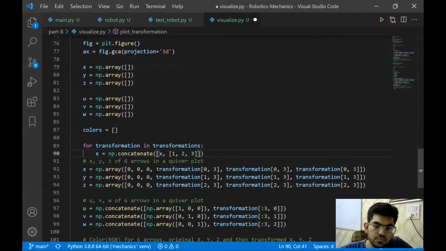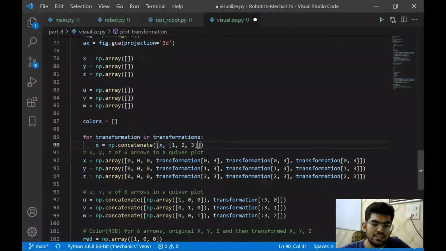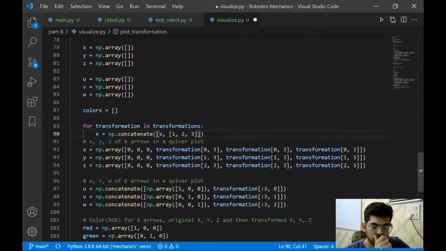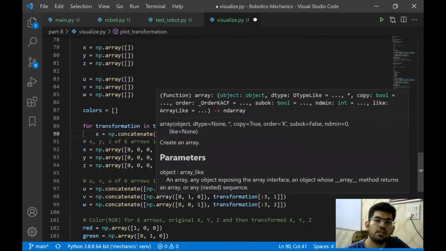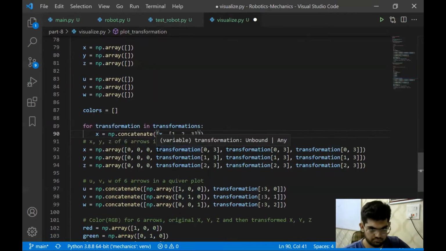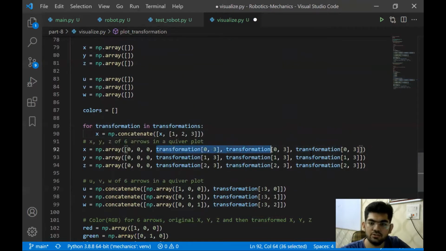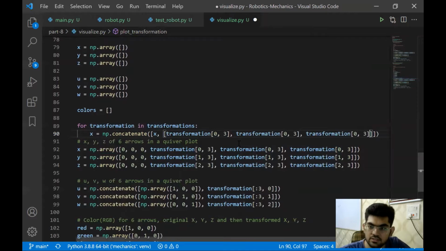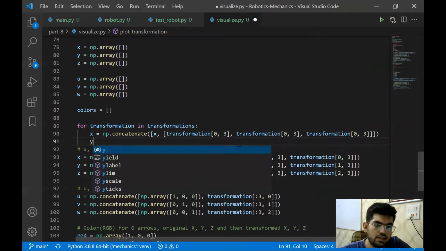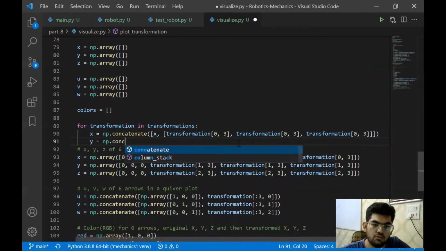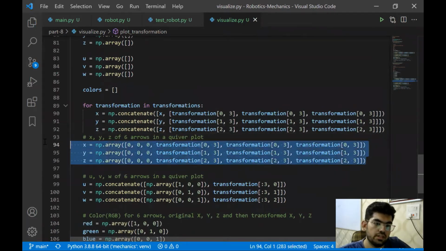All right, similar to what we have done previously, for each frame we are going to have 3 arrows. Therefore, we need to copy all this information 3 times, at least in X, Y, and Z. UVW is going to be a little separate, but here we need to put a single value in there 3 times. Right, so it looks right. And we're going to do similar for X, Y, Z, all of them. So we're done with the X, Y, Z.